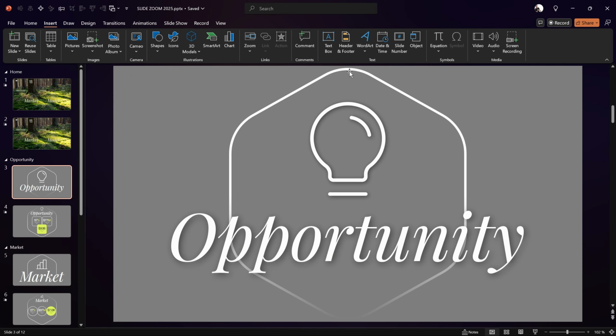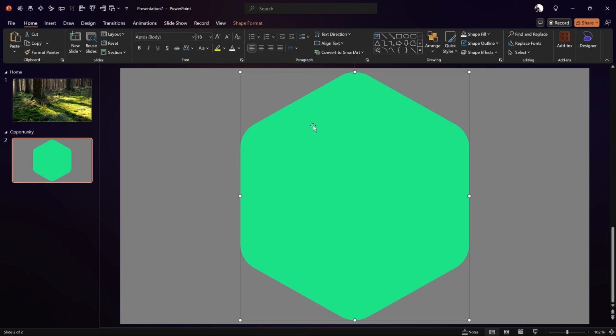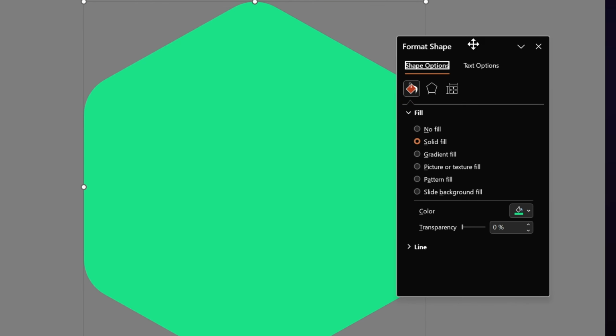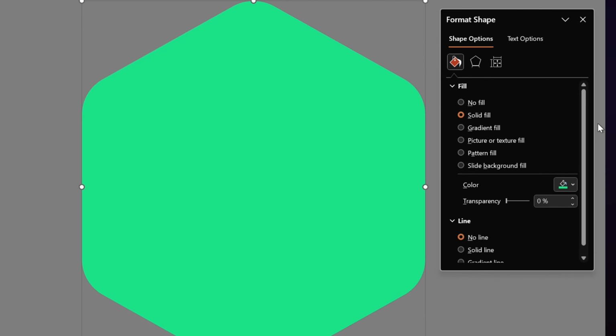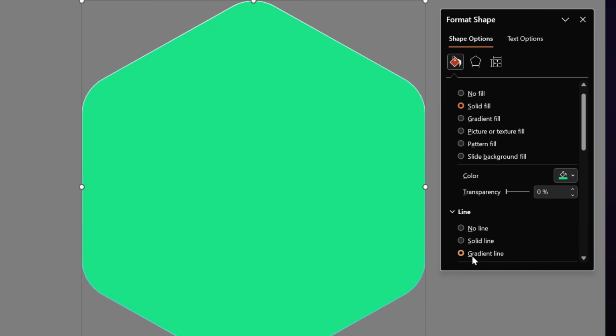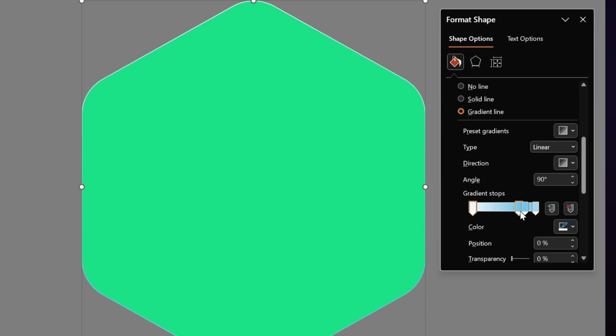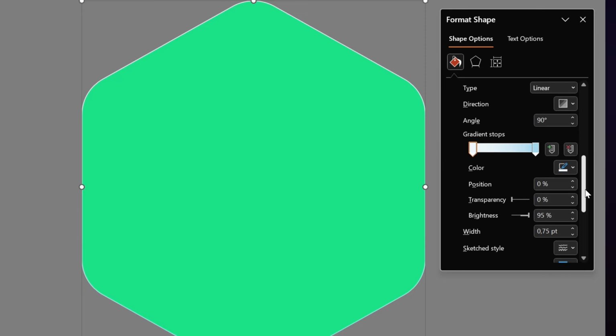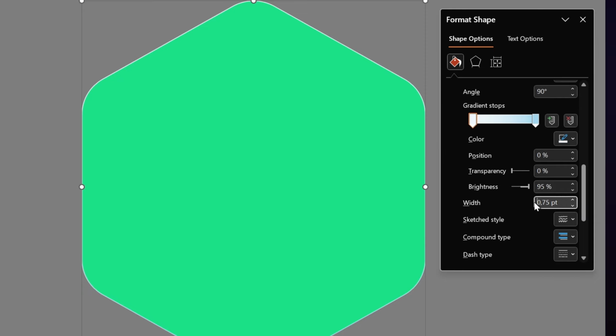And next we can remove the fill from the hexagon, and at the same time I'll show you how we can create this faded gradient line. So let's jump back to our slide and let's make sure that we select the hexagon, and let's hit Alt 4 to open up the format shape. And now let's add a gradient line to our beautiful rounded hexagon. So as you can see, we have 4 color stops. That's too much. Let's just leave 2 color stops. And for the line width, let's use 5